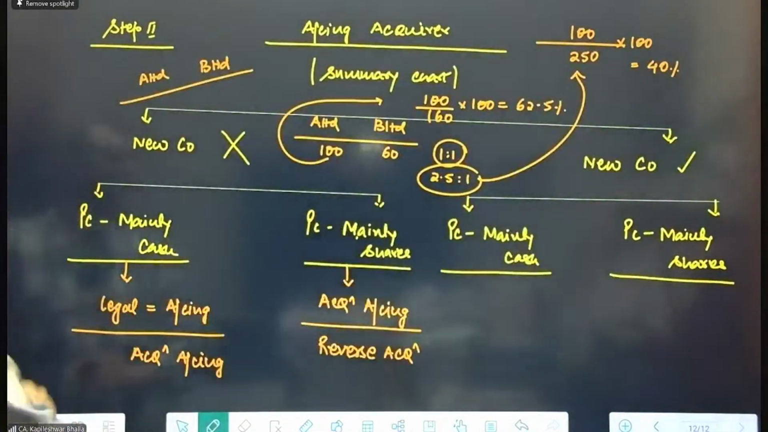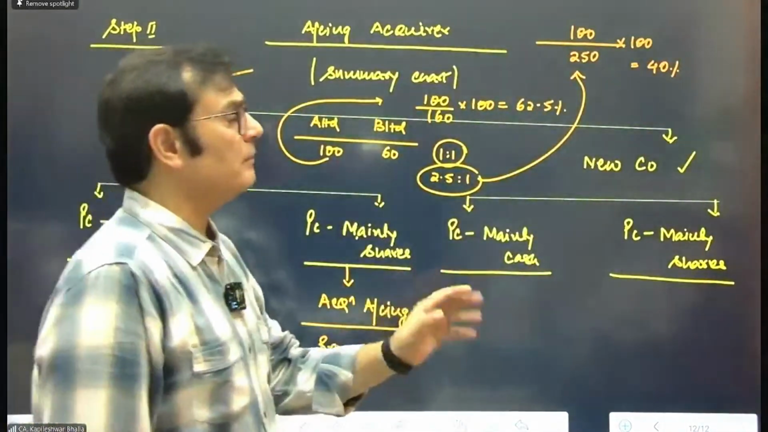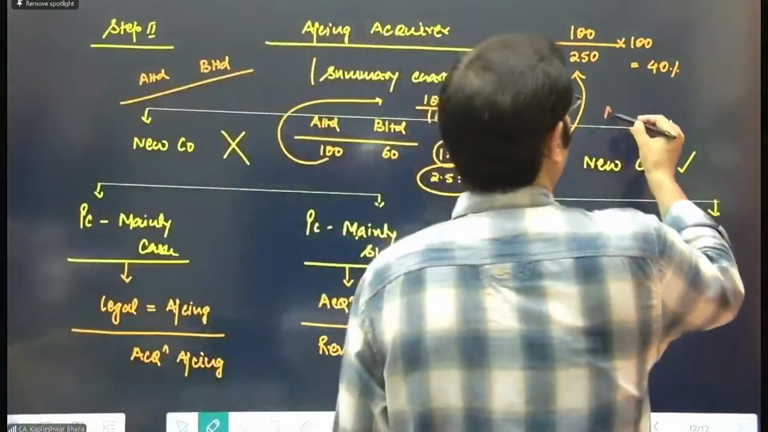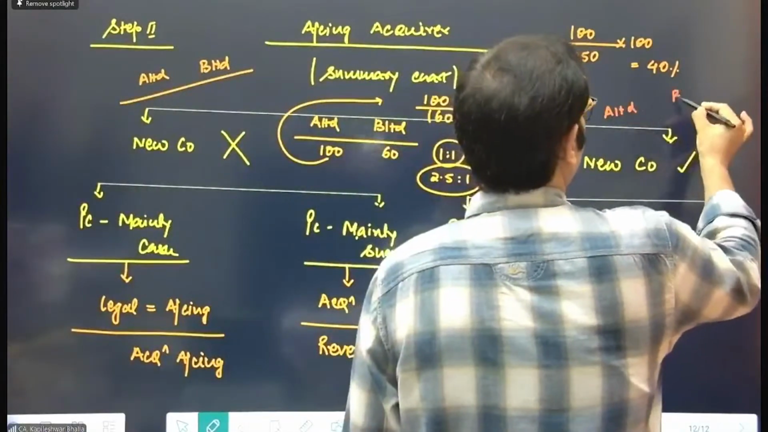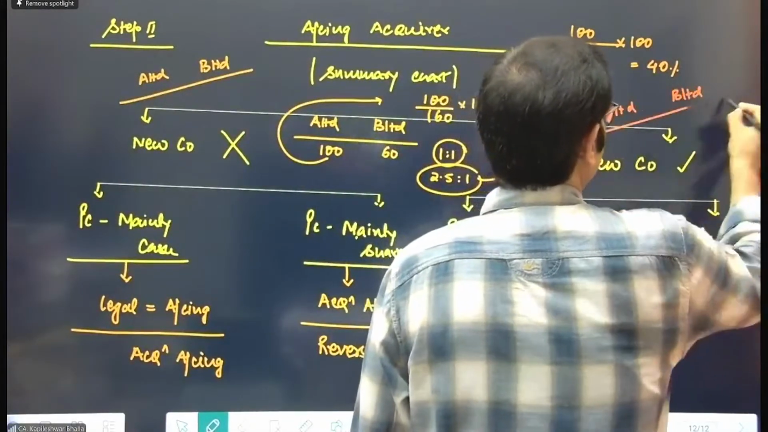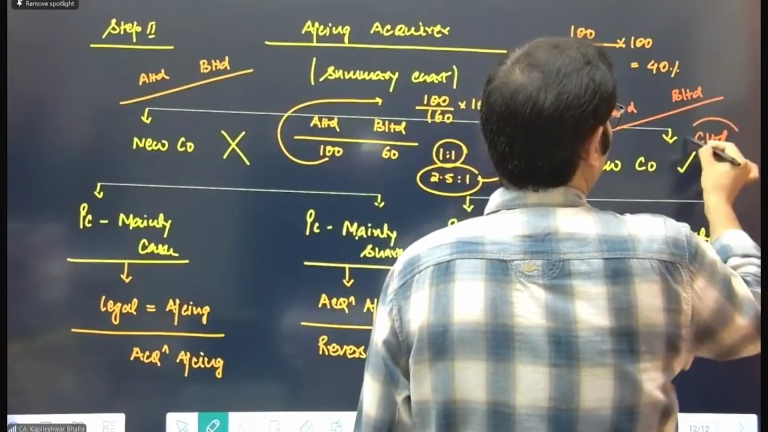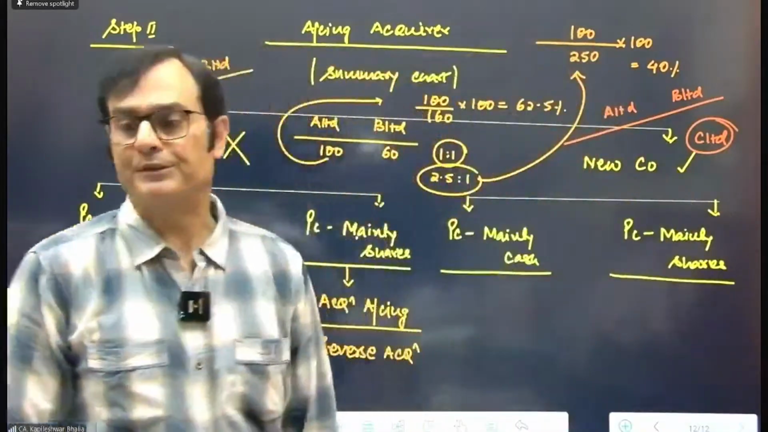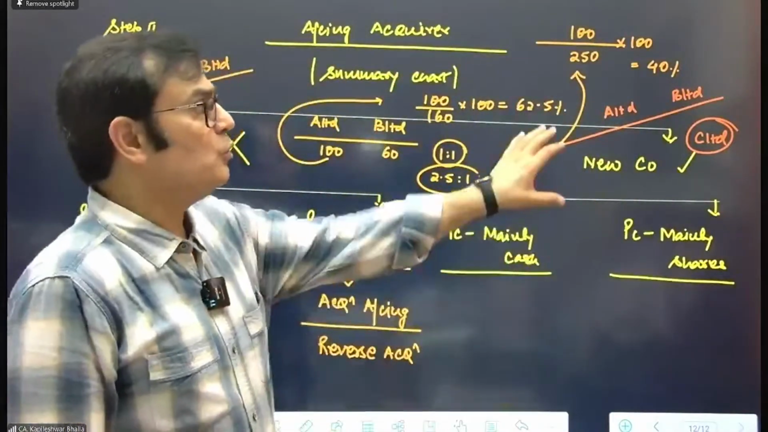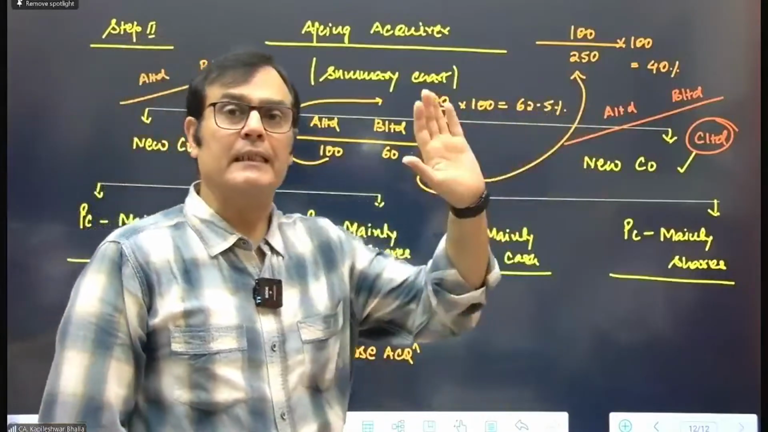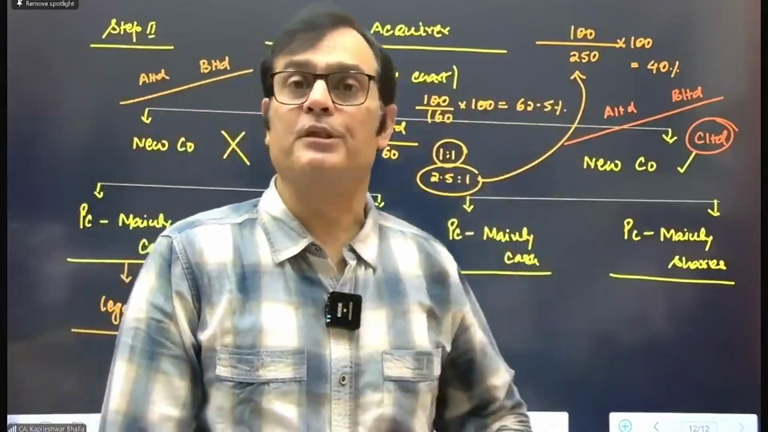Now let's go further. And now let's consider that a new company is created. So let's say, for example, there is a company A Limited, and there is a company B Limited. These existing companies are there, and a new company C is created. So we've got two existing companies, A and B, and we create a new company, C Limited, to take over